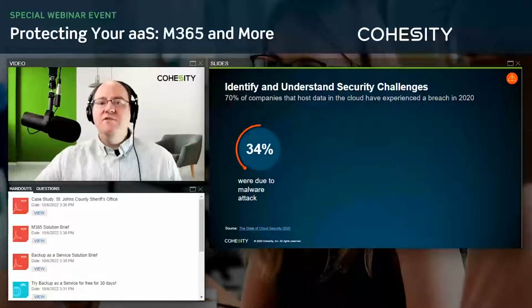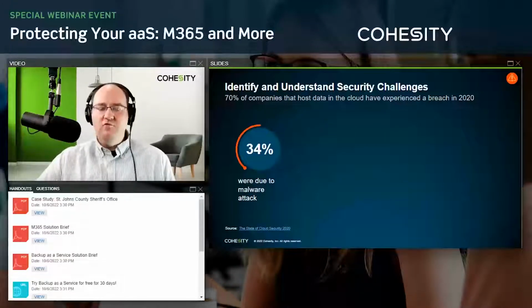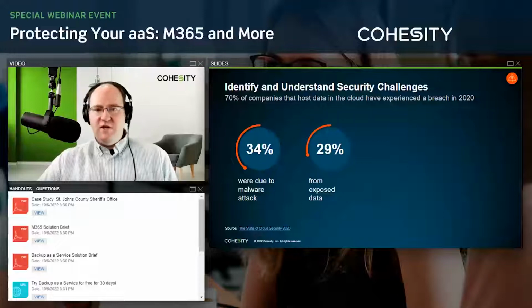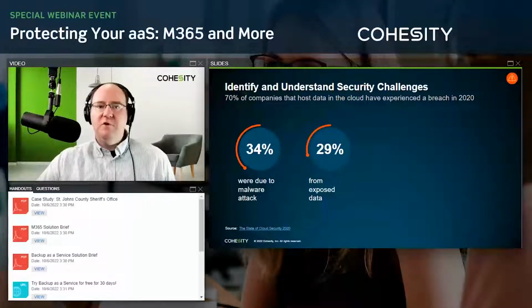So that means that only a third of those were due to what we would probably consider a malicious attack of some sort. 29% of them were just from exposed data. This is, in some cases, accidental exposure.